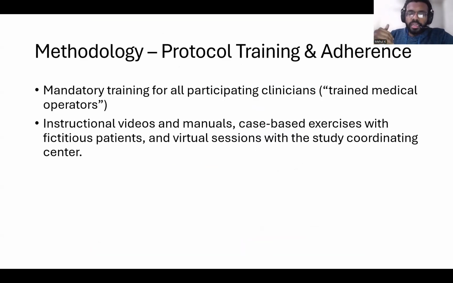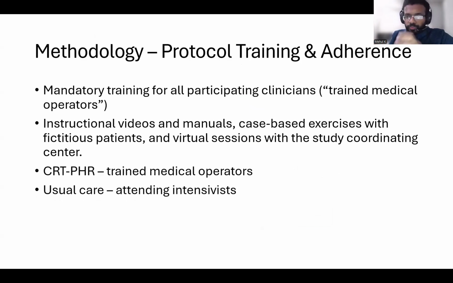So how did they actually implement this kind of a protocol? They gave mandatory training for all of the clinicians who participate in the trials, called trained medical operators, and they used multiple methods of teaching them, like videos, manuals, scenarios, etc. Different groups were managed by different people. The CRT-PHR group was managed by these people trained for the protocol, and the usual care group was managed by the usual attending intensivist. So different people were managing the two groups, and this might introduce some kind of bias here,